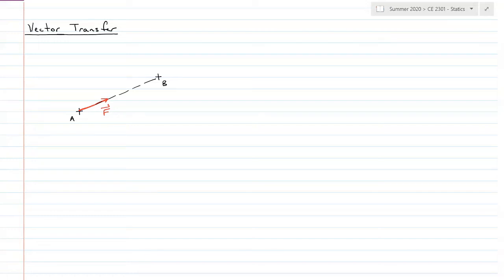Now, part of the reason we talk about moment couples is to get to vector transfer. So that's the next step towards rigid body equilibrium. So what is vector transfer? Well, let's say we have a line of action AB with force F acting from A, and we want force F to act at B instead. Well, what we do